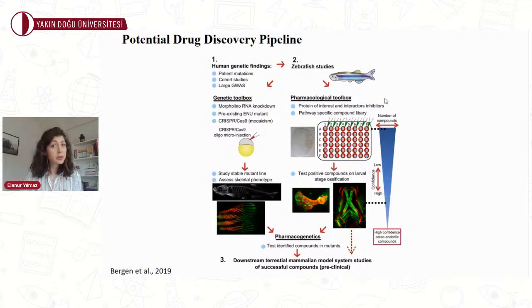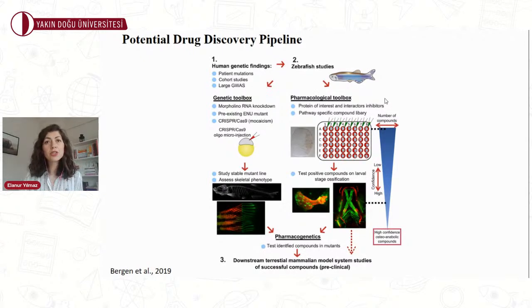Zebrafish provide two experimental arms, as you can see here. And these two boxes allow simultaneous drug target validation. This figure is from an osteoporosis zebrafish model. They tried to find osteoanabolic compounds to rescue the osteogenic phenotype. This is why you can see the bones and tails of zebrafish.